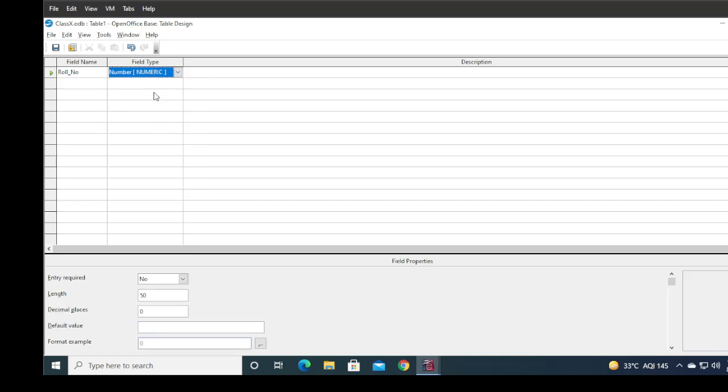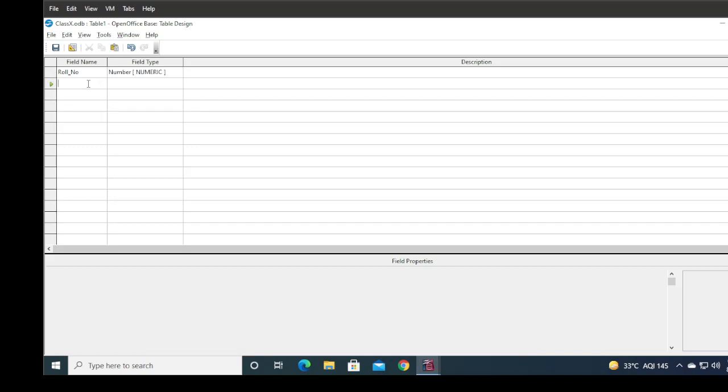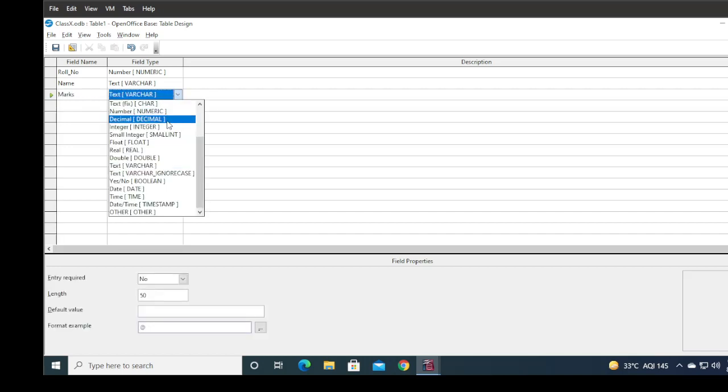For example, I am choosing number here. After that, your next field you can choose from here. For example, I am choosing name. Fine. And for name I want text, so I am choosing Text (varchar). And here I want to write marks, and the data type of marks is numeric.